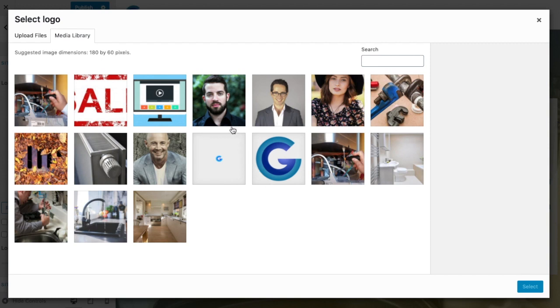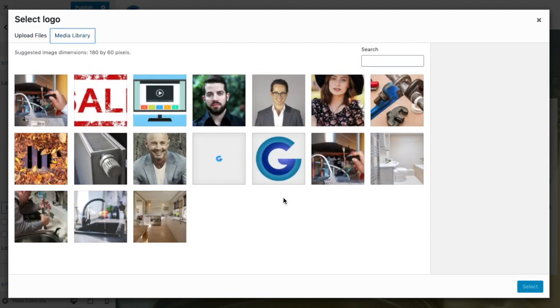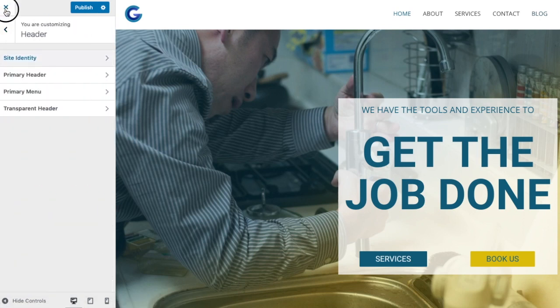Okay, the first thing is that when we're using Elementor or we're doing something like this, we've been linked to our media manager and media library. So we're already able to do that within a task that we're performing. If, however, I want to take you back to the dashboard,